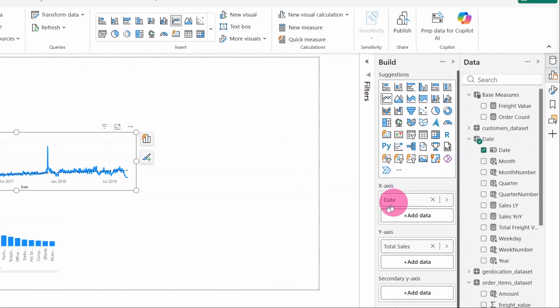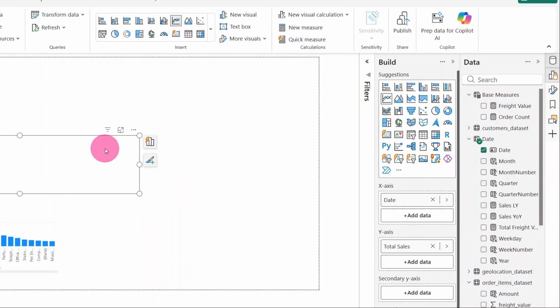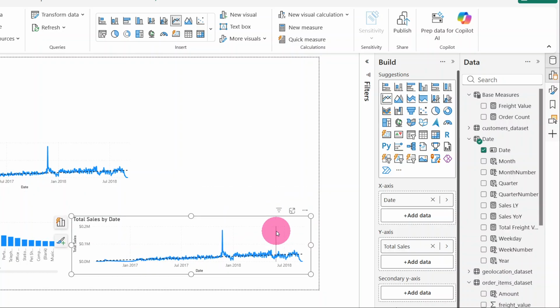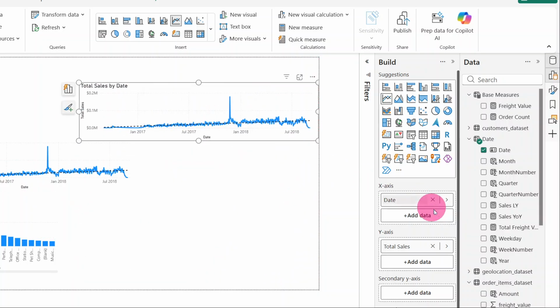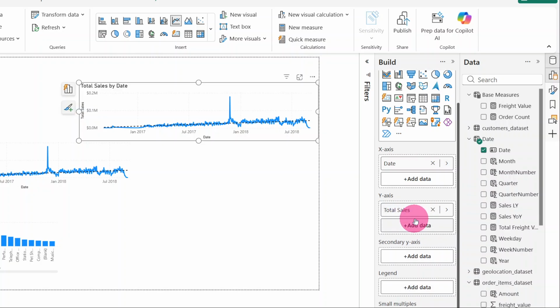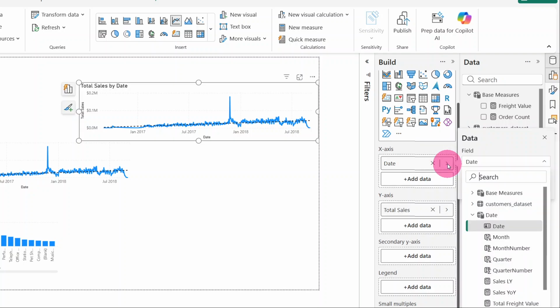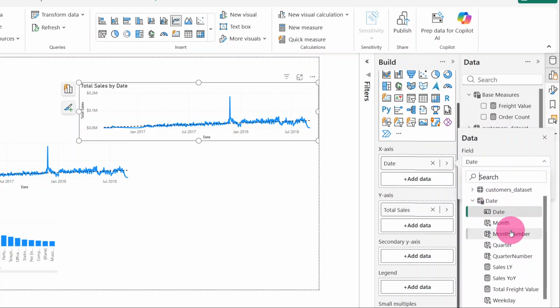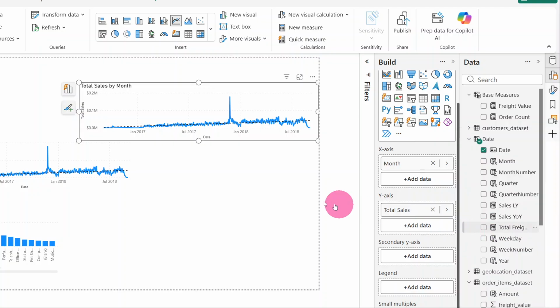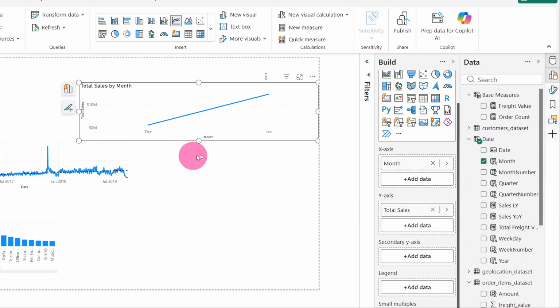So let's see if we can duplicate, copy this one, and bring it to somewhere here. Maybe I want to plot, instead of showing the full year, I just want to show the months. Maybe this one is showing the date. That means all the time that we have the data. So I can choose to display it in months. But right now, this month is showing me